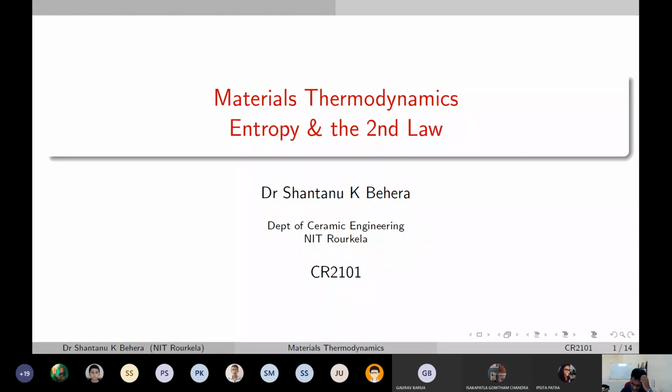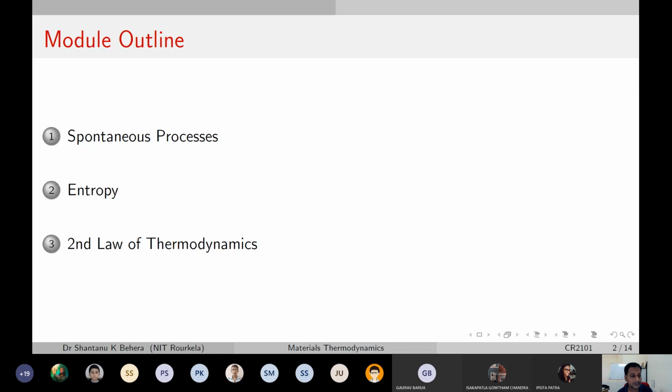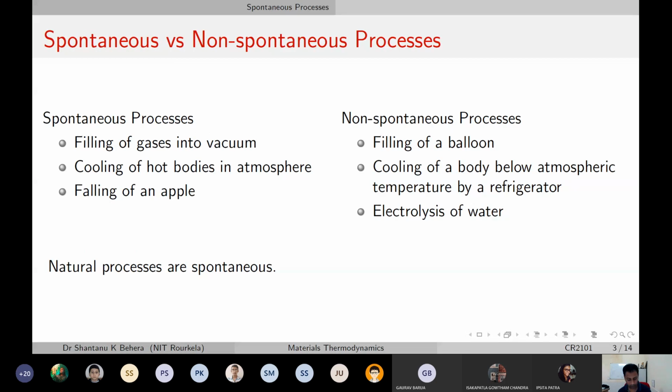Okay, we'll move our discussions to the concept of entropy. We are done with the first law, or whatever we should have covered. We have done that pretty exhaustively. We'll go a little fast from here on. Now, to begin the discussions, we'll take an update of what all you know about spontaneous processes and